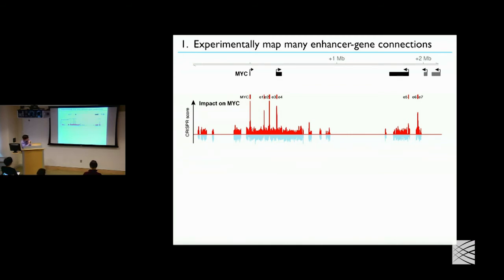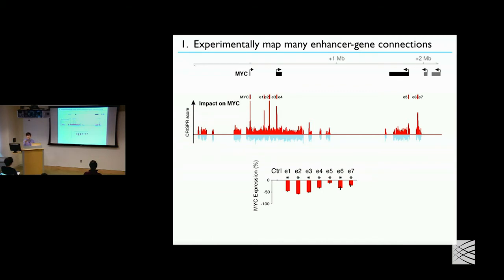And if we then go in and inhibit each of these elements individually and measure the effects on gene expression, they have sort of a variety of quantitative effects. So for instance, inhibiting this guy out here leads to a 10% reduction in MYC expression. Inhibiting this guy here leads to a 50% reduction. Yep. So if you look at the E5 score, yes. It's actually about the same with something that you find in the middle, yep, which is not. Yeah. So here I'm showing essentially the mean of 20 guide windows. What I'm not showing is the significance, and it turns out that this is high mean but large variance, so it's not significant. So these are the significant ones.